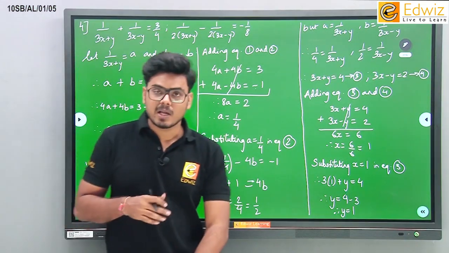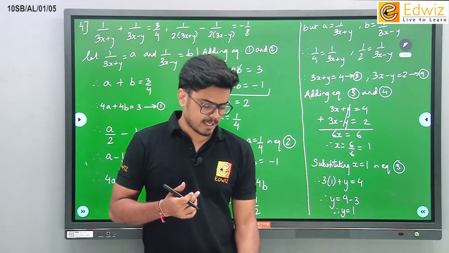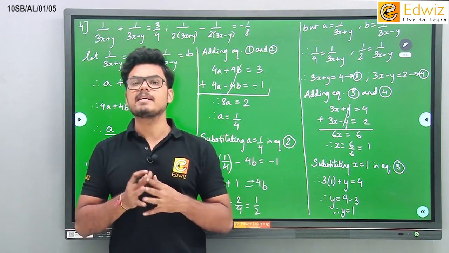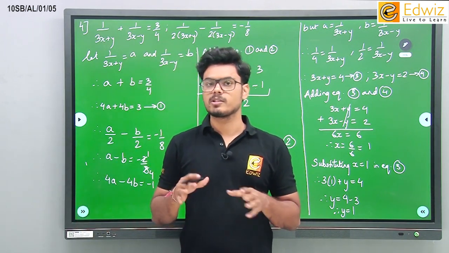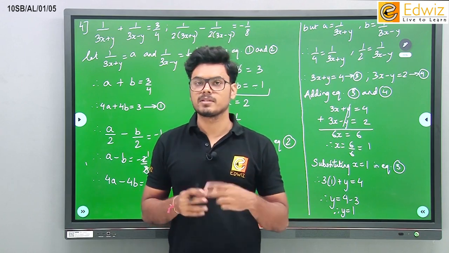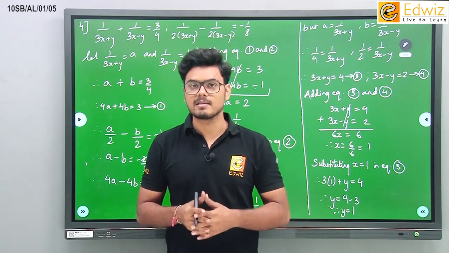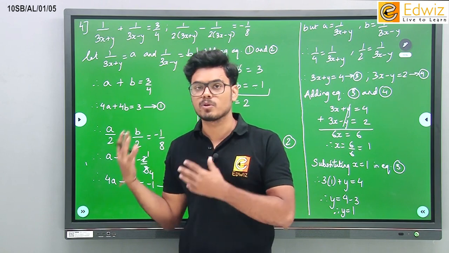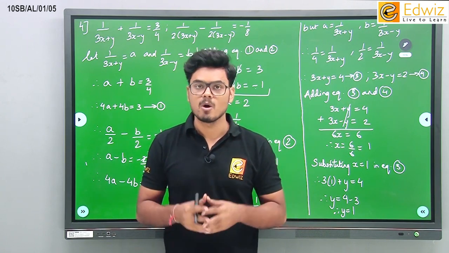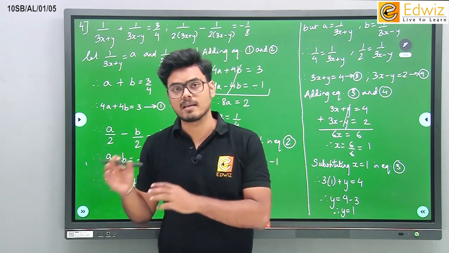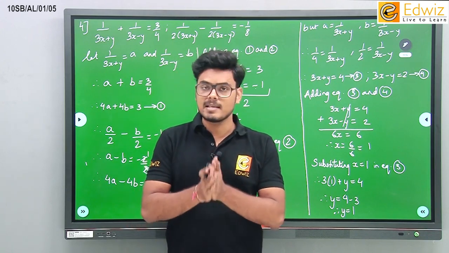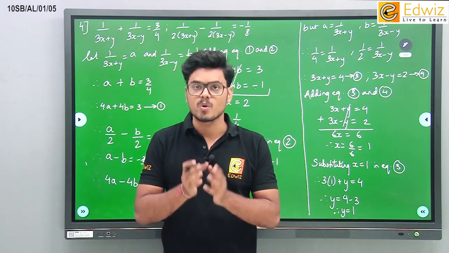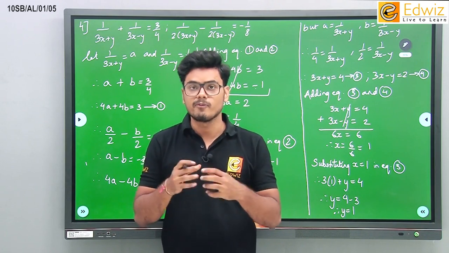Okay students, so now let us move on to the next part of this chapter, that is application of simultaneous equations. So far we have learned how to solve linear equations in two variables. अभी कुछ practical real life examples देखते हैं जहां पर हम लोग इनको use कर सकते हैं. They are word problems. All you have to do is read the question carefully. दो conditions हर question में हमेशा दिए होंगे,